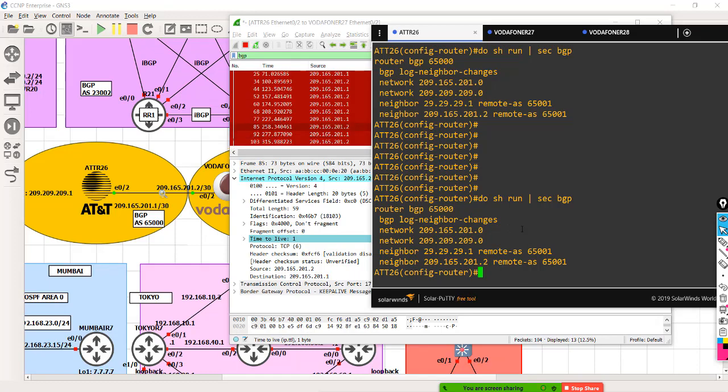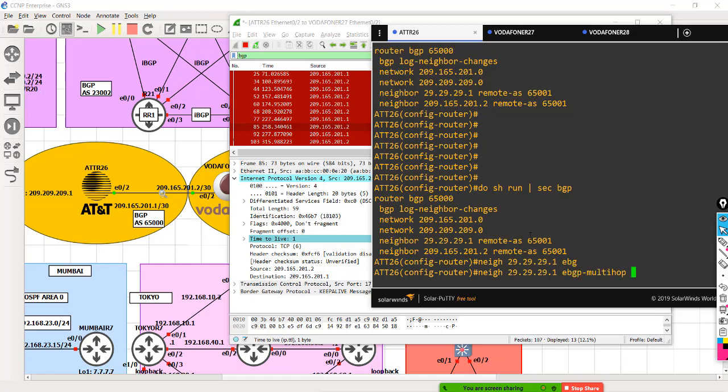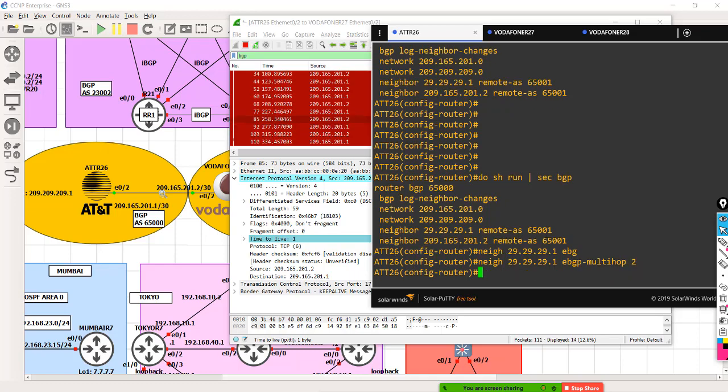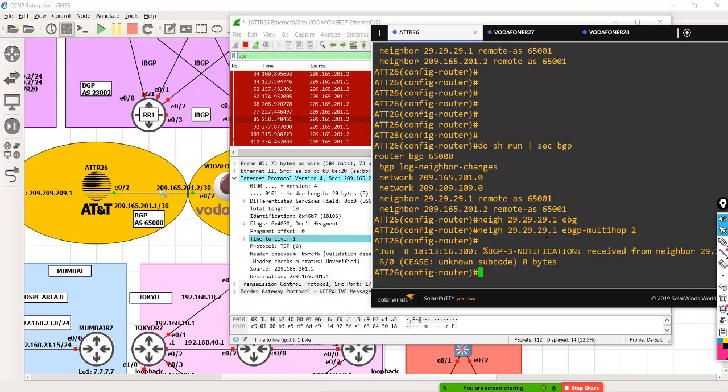So what I'm going to do is, I'll bring up another command here called neighbor 29.29.29.1 eBGP multi-hop, and as you know, TTL is 1 by default, so I'm going to give TTL of 2, okay.